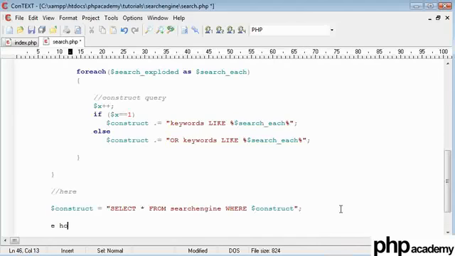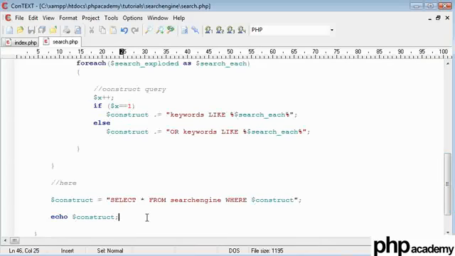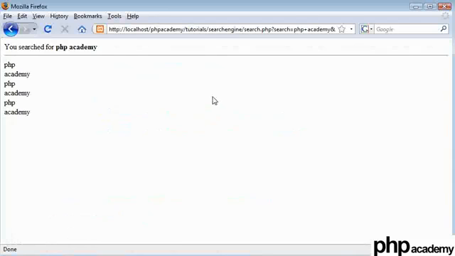So if I echo out construct, I mean, this is a pretty hard thing to get used to, but once you start testing, echoing things out and then killing your script off, you'll start to get used to it. So if we go back to our main page and I type PHP Academy,